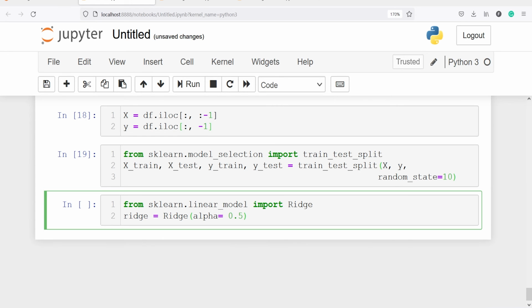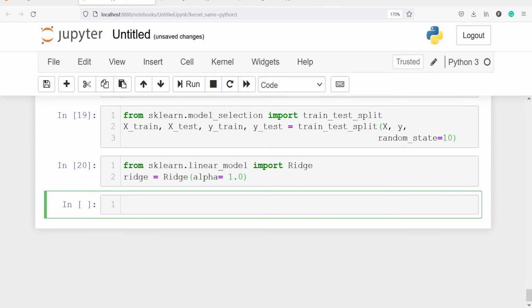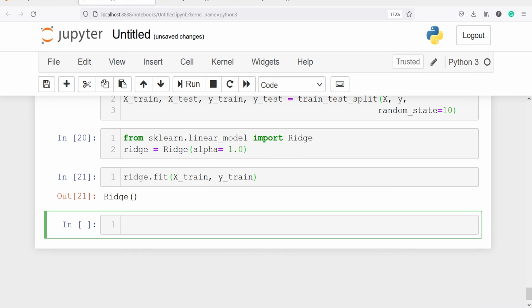You can put any number here between 0 and 1, or let's say I will put 1, so I will write 1.0 here. Let's execute. Now I'm going to fit it, so I will write ridge.fit, and I'm going to fit it on X_train and y_train. Let's execute our code. So I have fit this ridge regression on this X_train and y_train.